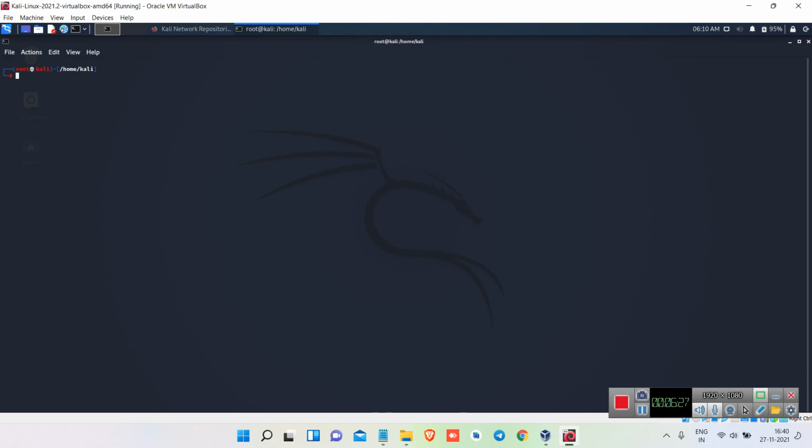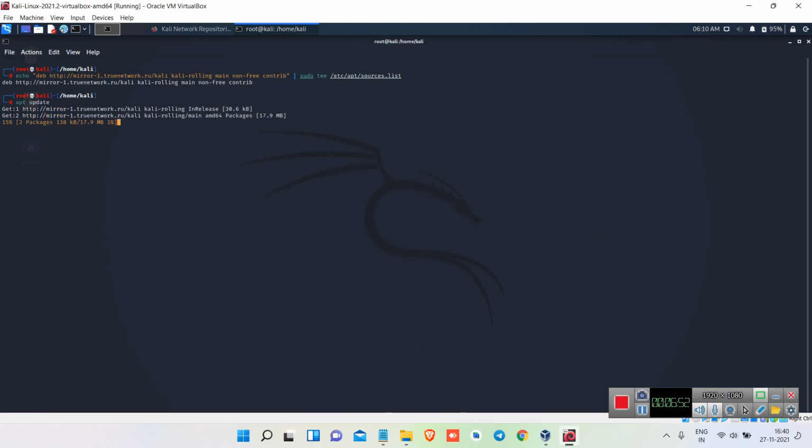After that, clear all these commands. You can see here that this was inside home kali. If you paste from the clipboard now and press enter, it shows that the mirror command has been set successfully. So you can see main non-free contrib. Now you can test the speed with apt update. After entering this, you can test the speed.